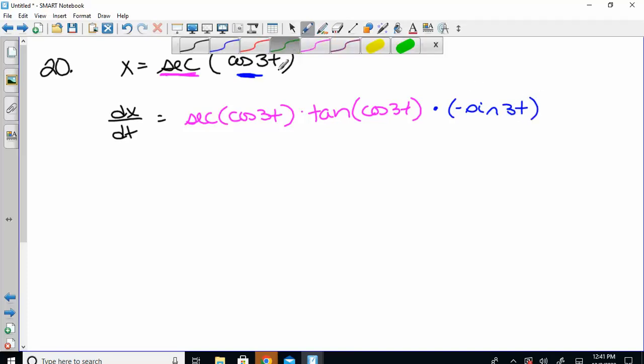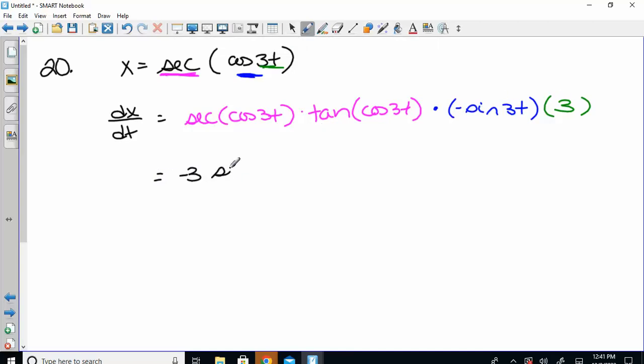Inside stays the same. What's the derivative of the inside now? The derivative of 3t. So all I would ask, if we pull the negative 3 in front,